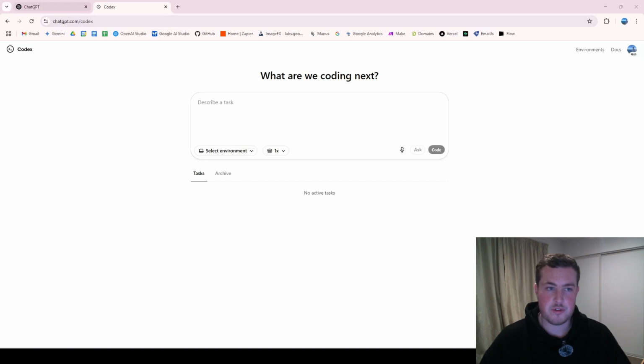What you're going to do is come over to chatgpt.com/codex, which is their AI tool I was talking about, and you'll see a very similar window here to what ChatGPT looks like. And you'll get this "what are we coding next" and describe a task window here. What you need to do is select an environment, and you probably have to be signed into your GitHub account